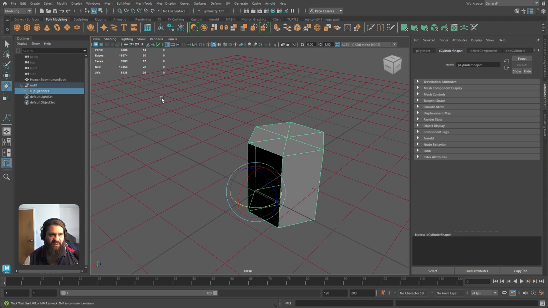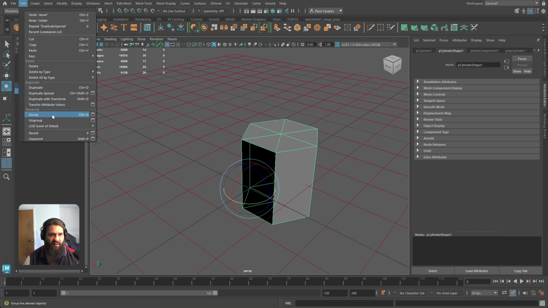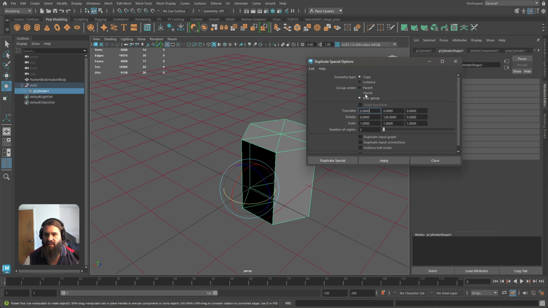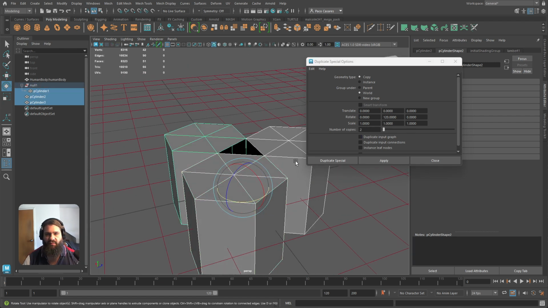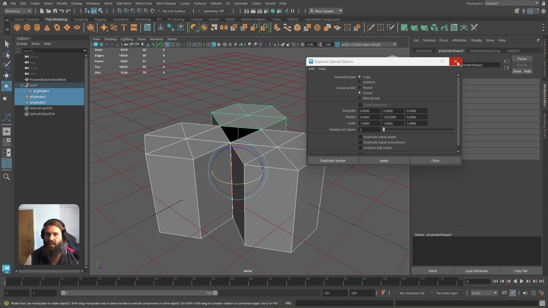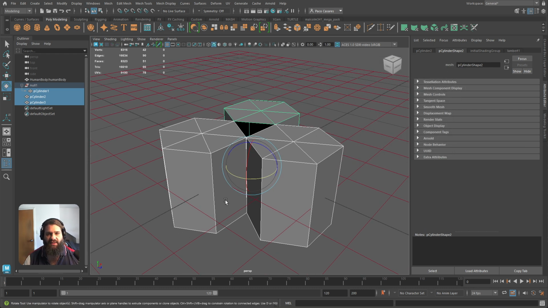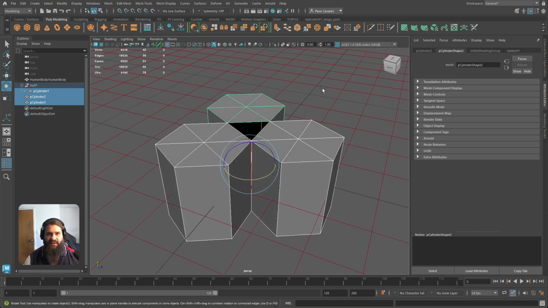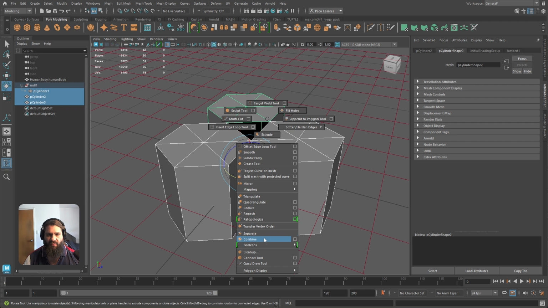And now I can do the same with that, but instead of a duplicate special as an instance, I'll do it as a copy, and just do a number of copies, whatever, apply. And now I'm just gonna combine them. The point of doing this is so I can create a curve that's exactly to those parameters. So I'm just gonna combine this now,